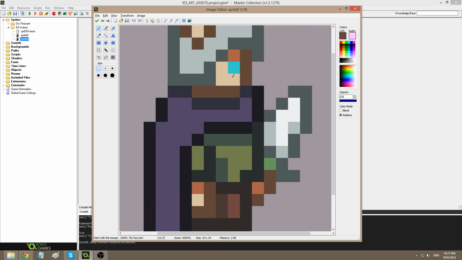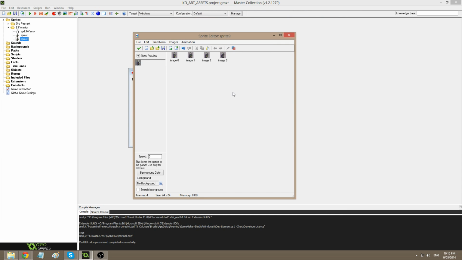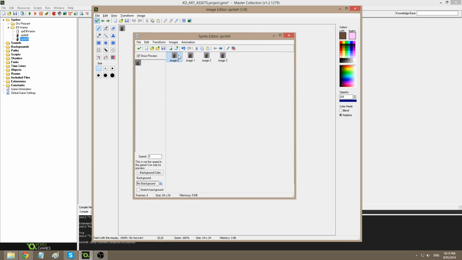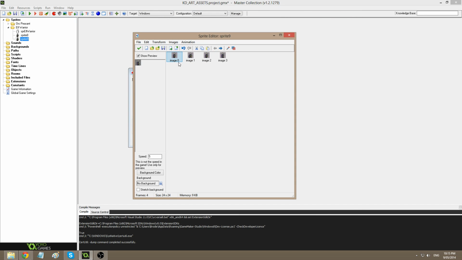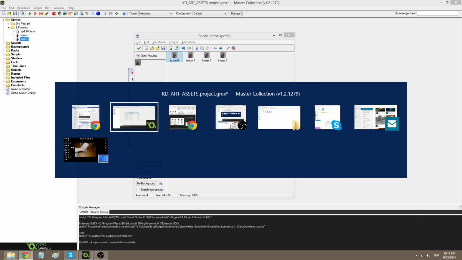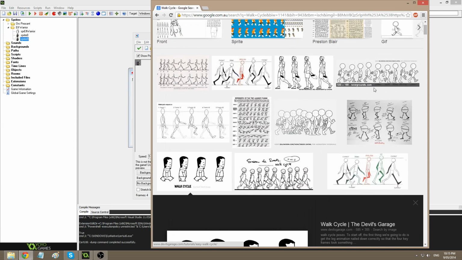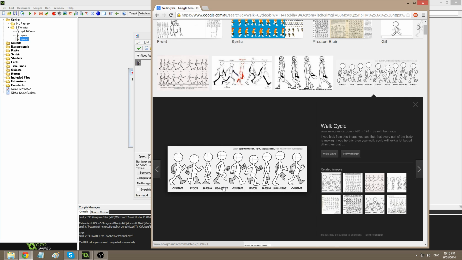Alright, not bad, not bad. We could also move the head a little bit. Generally when you're walking, your head stays on target though, so probably not going to do too much for the head. However, when I have a look here in this one up here, you can see the head bounces. When you're at the high point, the head's at the highest point. When you're at the recoil, it's the lowest, passing up in contact. Now you can see that the 2 frames we're doing are actually kind of the same height, but